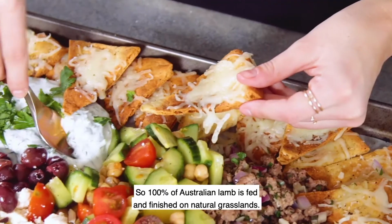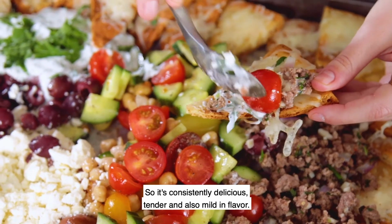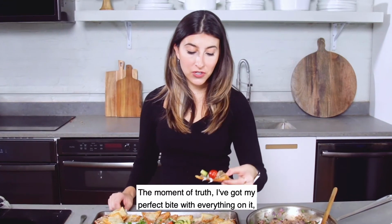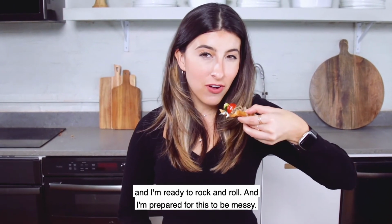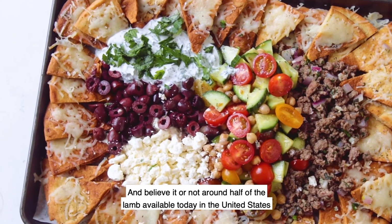So 100% of Australian lamb is fed and finished on natural grasslands, so it's consistently delicious, tender, and also mild in flavor. The moment of truth, I've got my perfect bite with everything on it, and I'm ready to rock and roll, and I'm prepared for this to be messy. It's so good. And believe it or not, around half of the lamb available today in the United States is